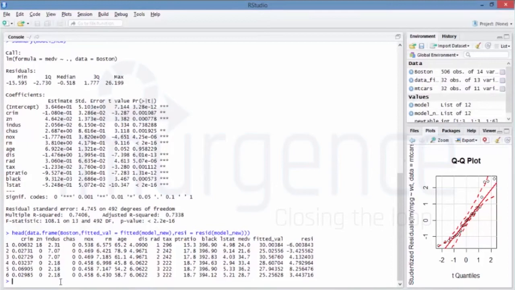That means it's assumed to be non-probabilistic, right? So you don't want the x to be very random. You expect the y to be random. The error term, epsilon i, follows a normal distribution, and also the errors are not related to each other. Given the value of x, the variance of error is constant. So for a given set of values of x, you expect the error terms to be constant.